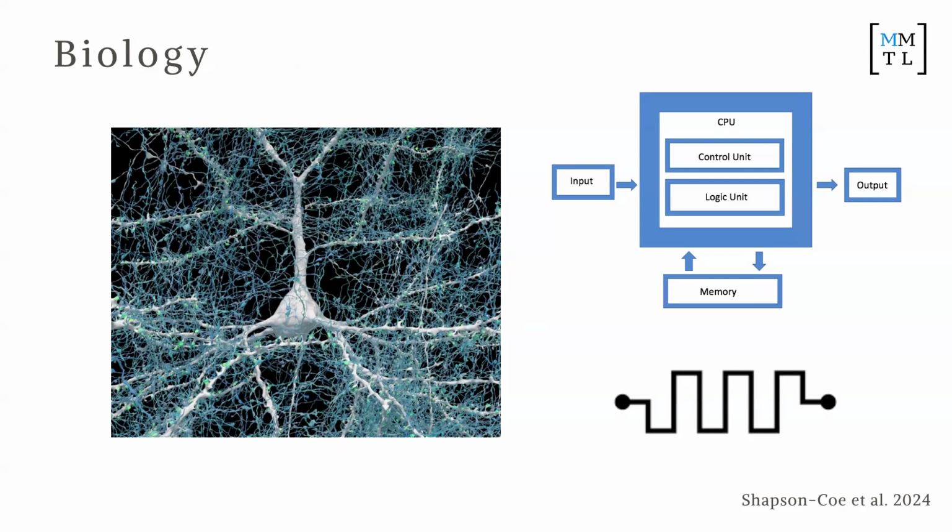Now, one of the potential reasons is that in biology you have in-memory computation. So what exactly does that mean? When computers were created, there was a very smart guy called John von Neumann. He created what's called the von Neumann architecture, which basically says that there should be a compute unit here and a memory unit here, completely separate things. That means that when you compute something and need to store it in memory, you have to store it, and then you have to pull that information out. This step is the bane of AI researchers' lives, because I think it takes up 80% of the time. It's a huge time sink.